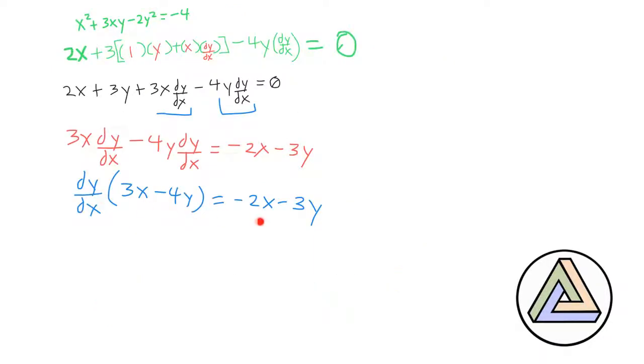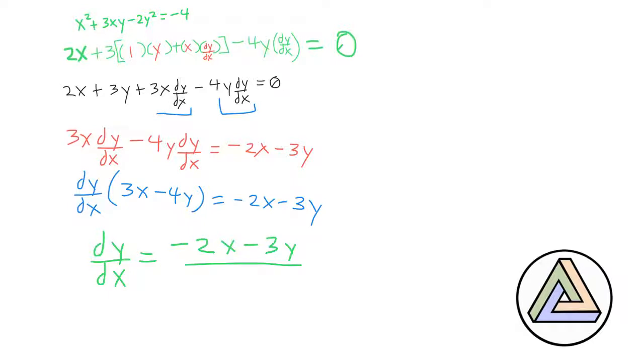So then what do we do? Well, we want to figure out what dy over dx is, right? That was the original mission. Well, we're perfectly poised to do that by dividing both sides by this 3x minus 4y. So after dividing both sides by that, we end up with dy over dx equals negative 2x minus 3y all over